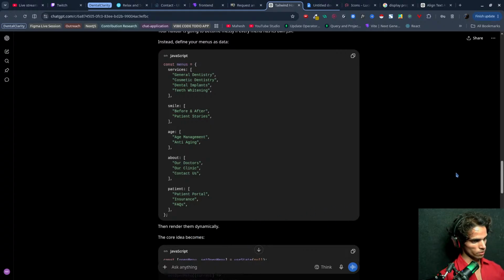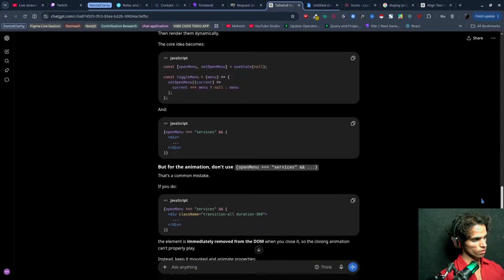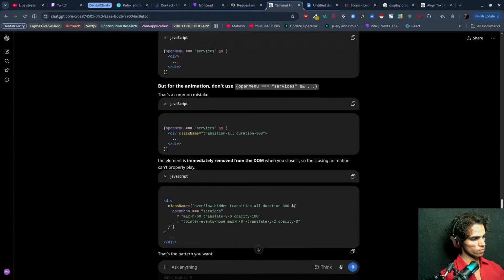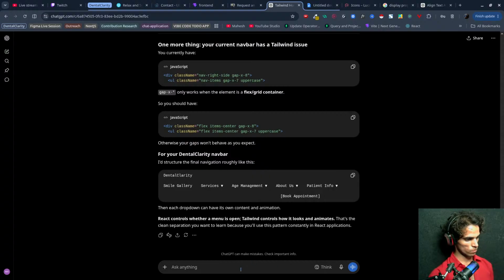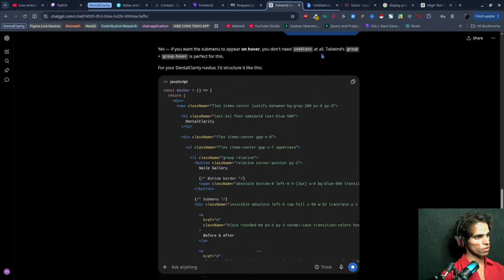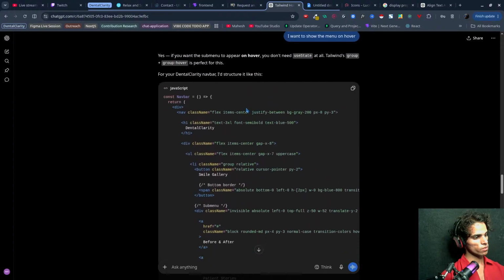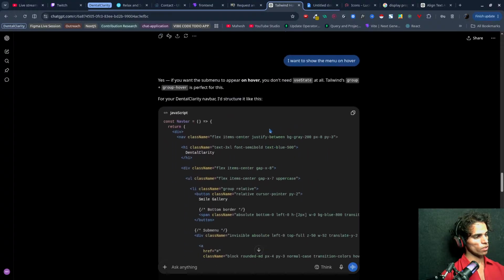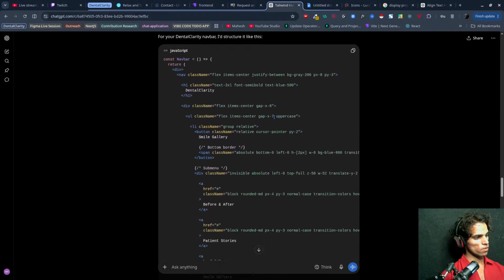Then render again, then render them dynamically. I want to use a script, the script is perfect for this. So what we are going to do is press the F3 button.